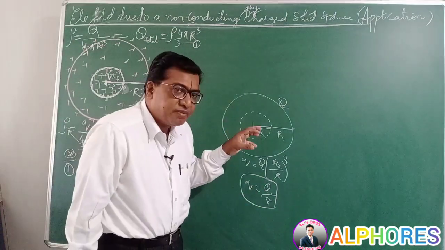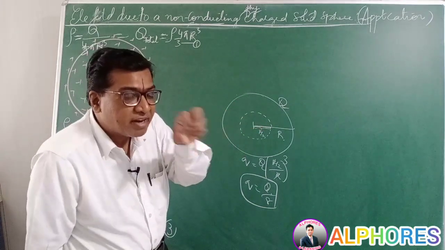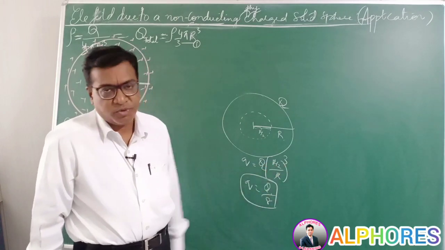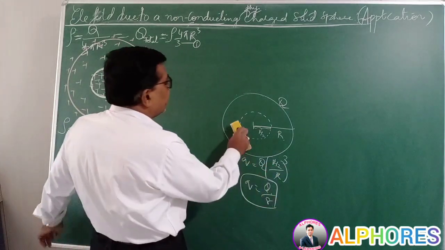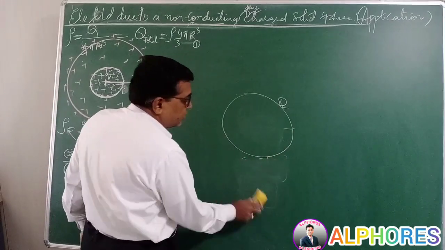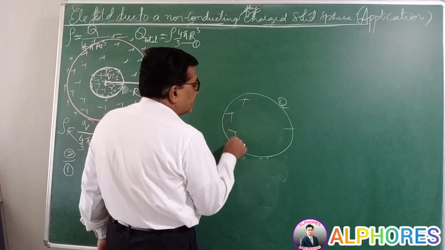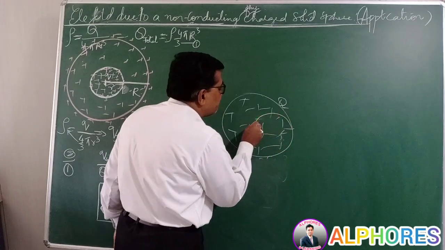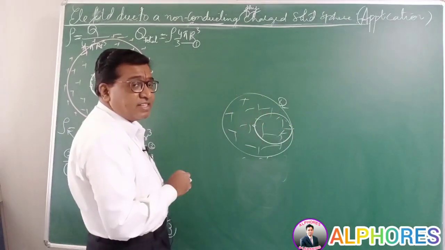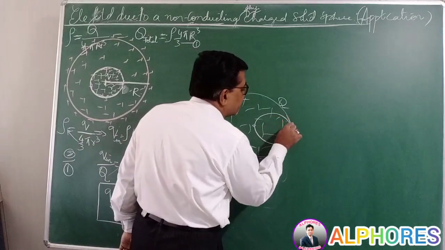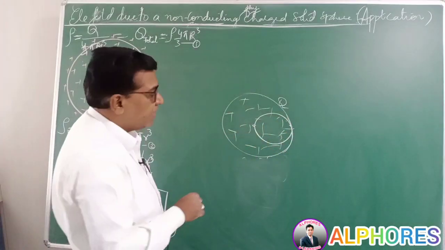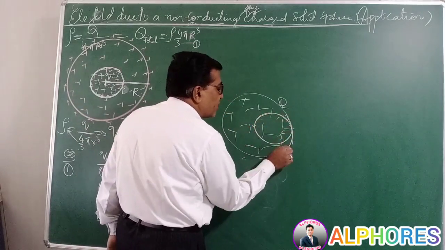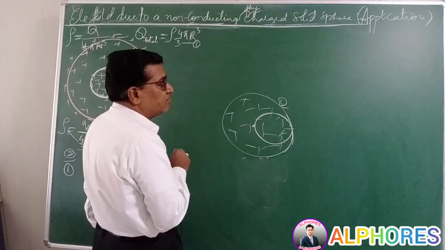So if you are asked to find the charge possessed inside any part, then the charge q is capital Q times small r by capital R whole cube. You can be asked to find the charge at any point. It need not be a concentric sphere even. Sometimes, suppose there is a solid charged sphere, total charge capital Q. Now consider a spherical part touching the periphery of this solid sphere, a sphere touching the surface of the solid sphere and passing through the center of the solid sphere. He doesn't give the radius.